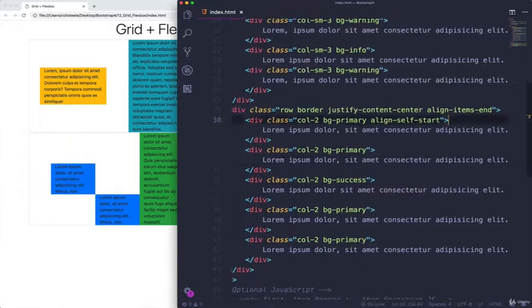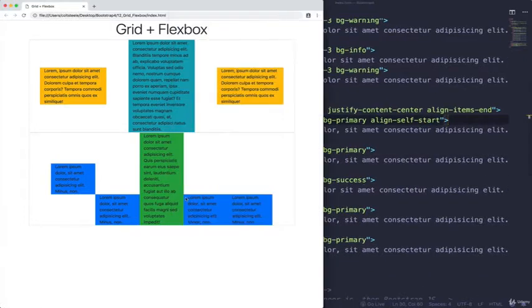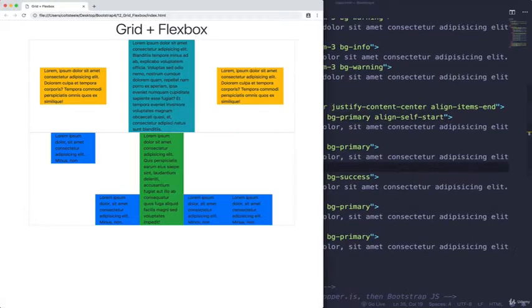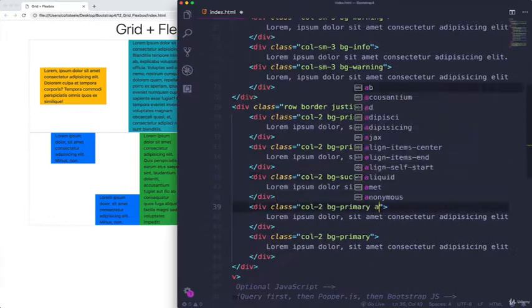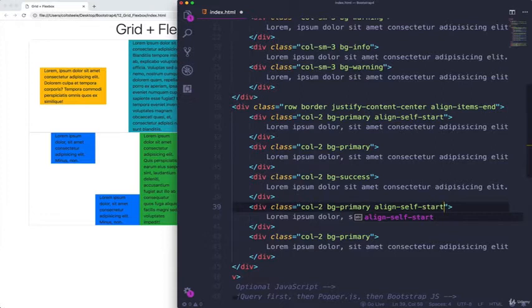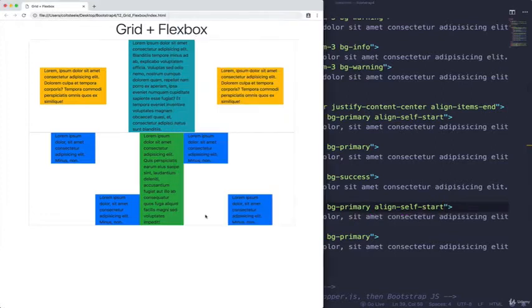So let's do align self start on that one. Let's do this one as, let's see how that looks. Fine. And then we'll do one more. This one will be aligned to the start as well. Align self start. So the point here is really to show you that you can move your items around individually,